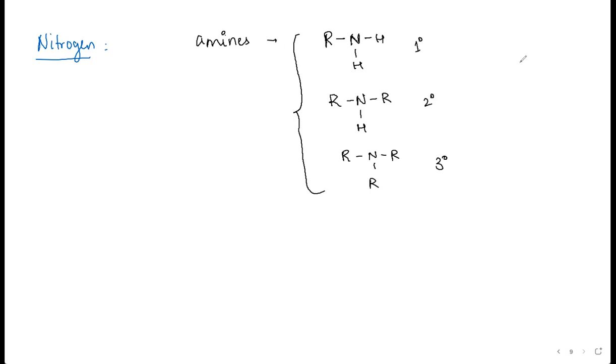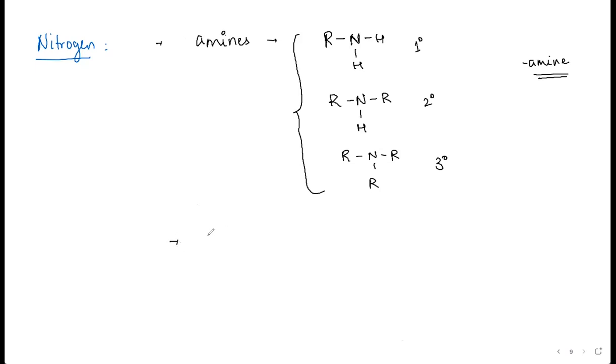And in the IUPAC name, the suffix is amine. For primary amines, generally you look at it as methanamine or ethanamine. The common names also end with amine, so you will come across names like methylethylamine or methylpropylamine. So for the IUPAC name or common name of amines, you can recognize them because they will contain the word amine. It's always a suffix, never a prefix. So we've got amine. What else?